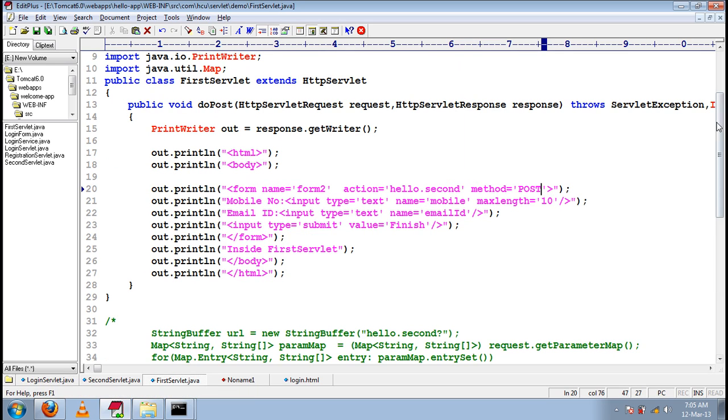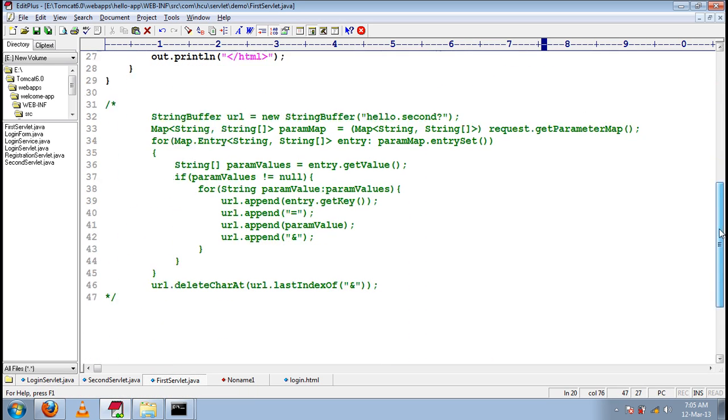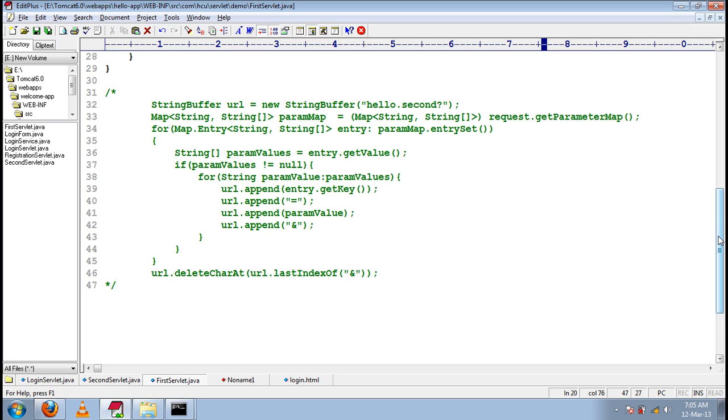That means, while handling each and every request, we should append those names and values, or name value pairs or key value pairs, for each and every request.